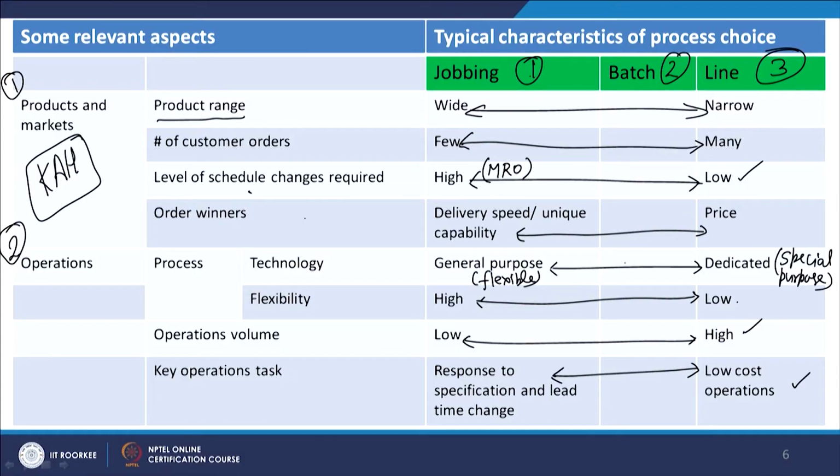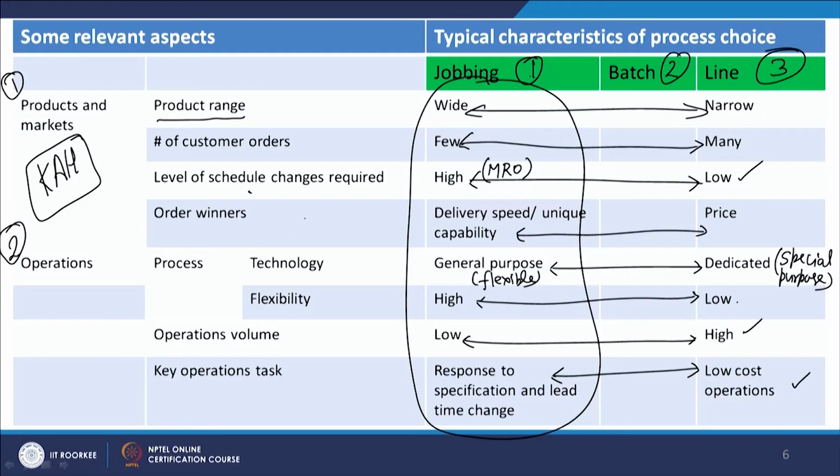So, all these things represent that I am talking in terms of a spectrum, and you can have some intermediate positions also. Now, it is important to understand that when I am talking in terms of all these things, this supports my idea of job shop type of processes. And when I am talking of all these types of issues on the other side, I am talking of line related organization, continuous production type of processes. Now, what can happen, how things can go wrong for you?